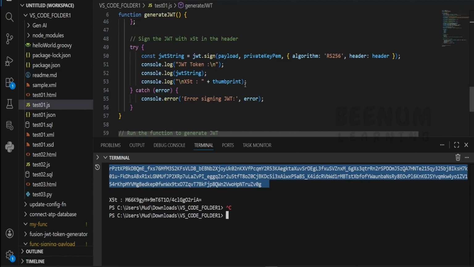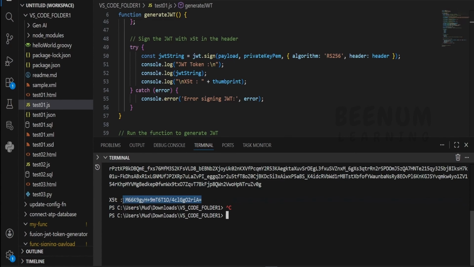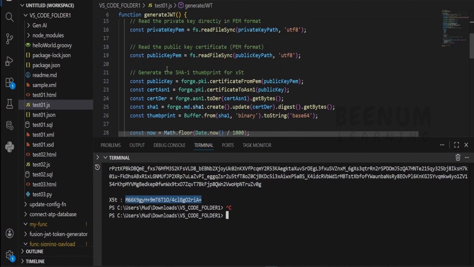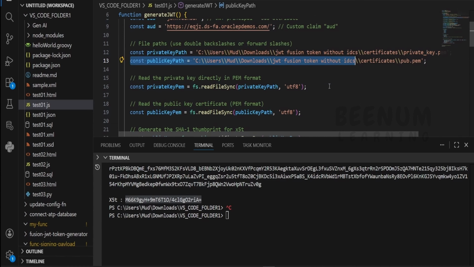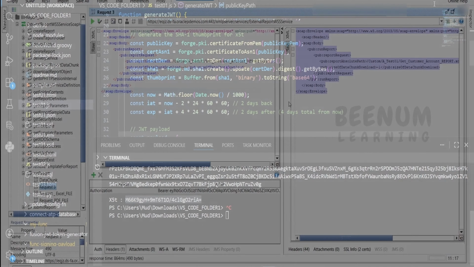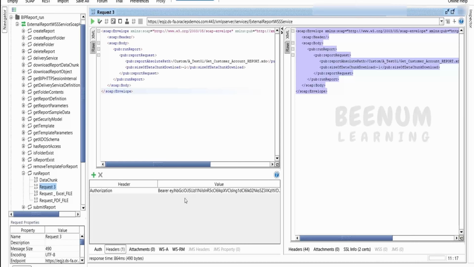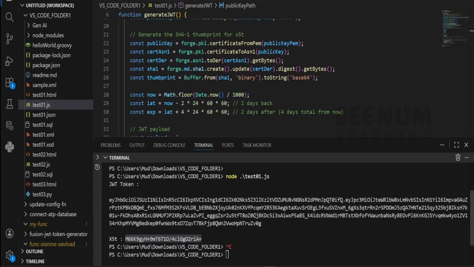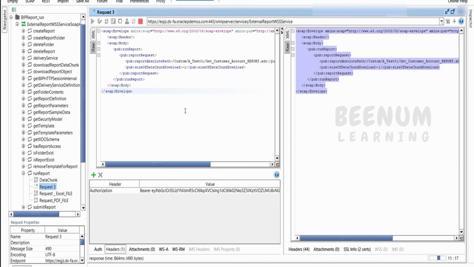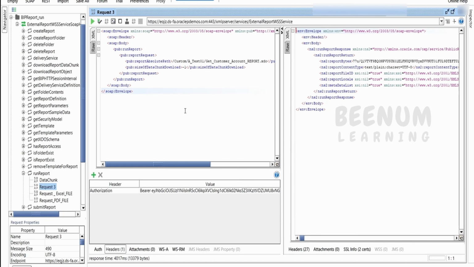Suppose if you don't want to generate this every time, you can just make use of this thumbprint and you can hard code. And you can remove this part wherever I'm referring to the public key and generating the thumbprint. So this was regarding that. And once we have populated the authorization header, that is with the value bearer space and the token we have generated from here, I will click on send. Now this is going to call the SOAP web service, that is for the BIP report